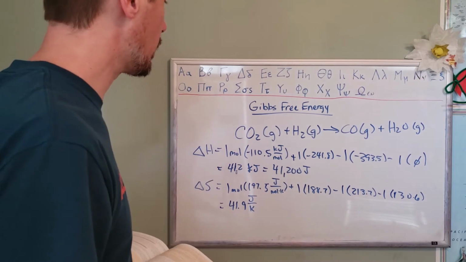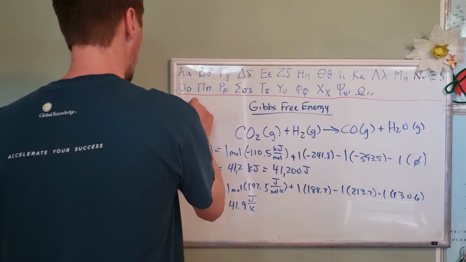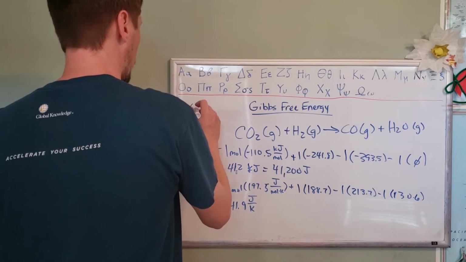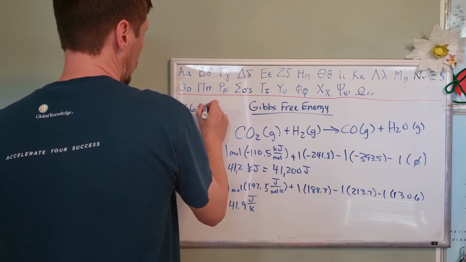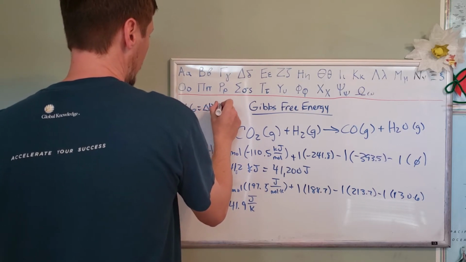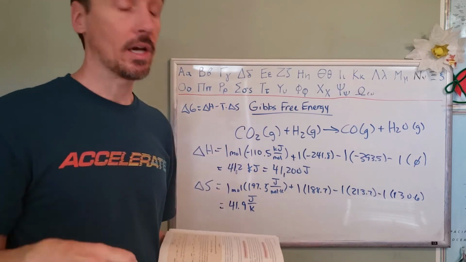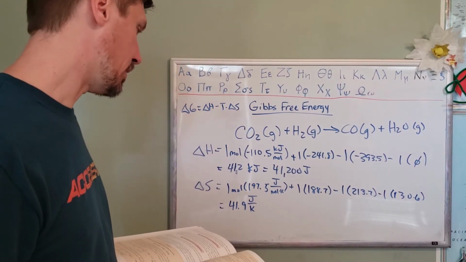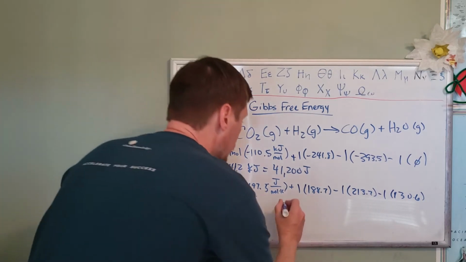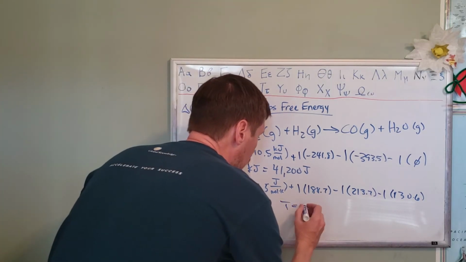So the only other thing we need to do before we can enter all this into our equation for Gibbs free energy, which was change in G is equal to change in H minus T times change in S, is that we said T has to be in Kelvin, right? So they gave it to us in 25 degrees Celsius. So if we remember, T equals